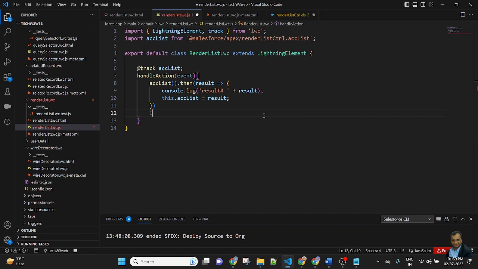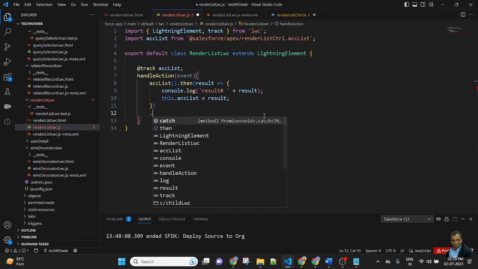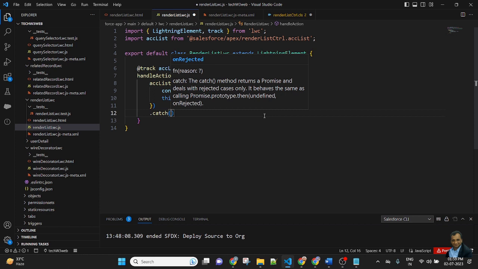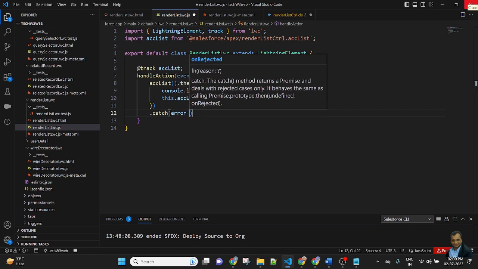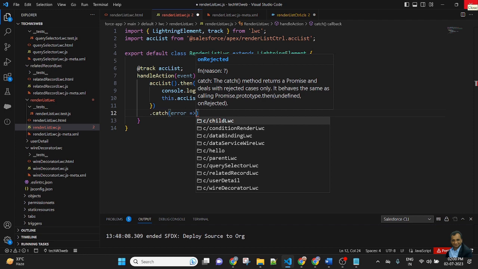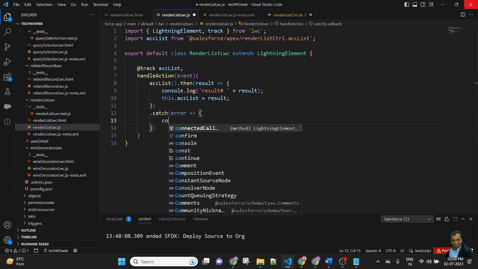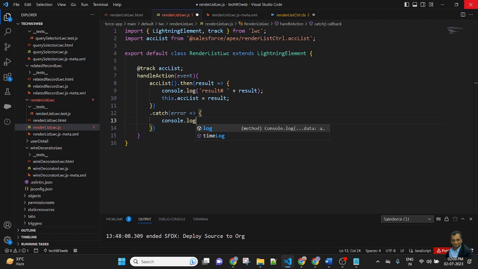So dot catch, here we will pass the error equal to console.log error. If data is found, then the data will be stored in this track variable. Otherwise, it will throw an error. So if I write console.log on the HTML page.